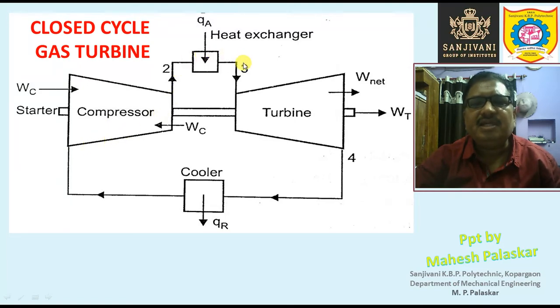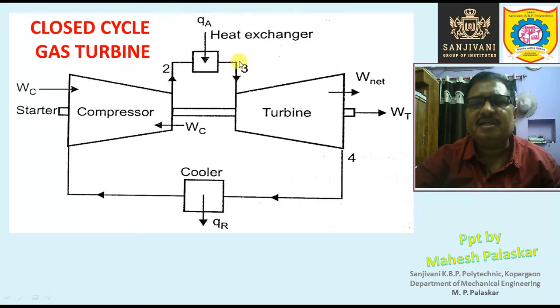Then process 2-3 is the process of heat addition at constant pressure according to the Brayton cycle. So here heat is added at constant pressure, and the temperature of the working substance increases. If it is a closed cycle, then there is indirect contact between the products of combustion and the working substance. But if it is the open cycle gas turbine, then the working substance itself is a part of the products